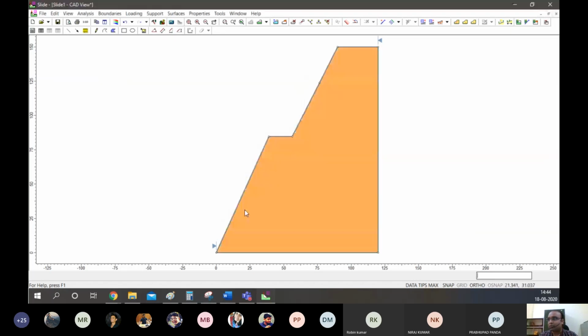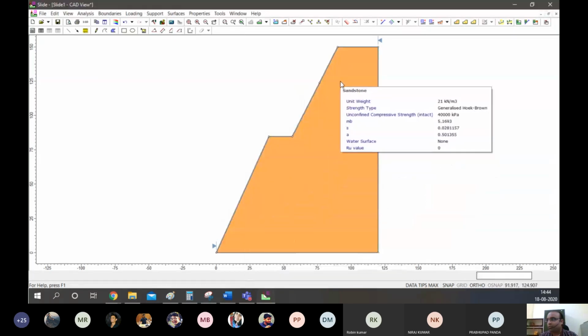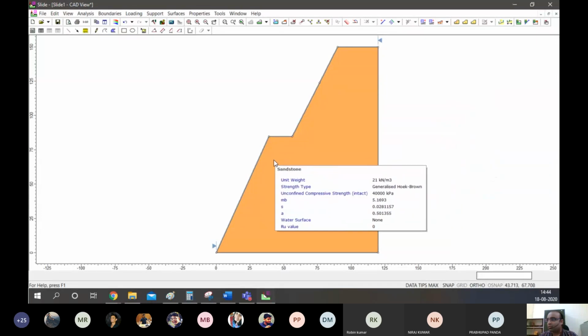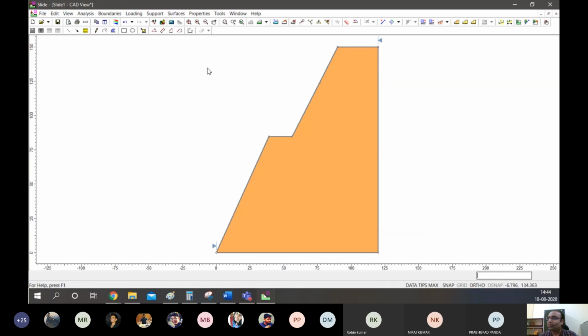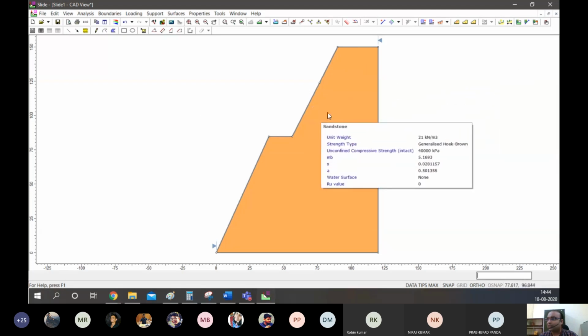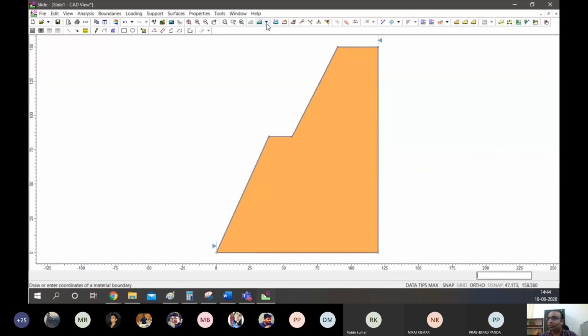Anyways, let's put these values of sandstone here. So now if you roam around on this material, you can see how the strength and everything is obtained from here. Now let us assume that we want to add more material, or it is not just single sandstone, it is layered sandstone with sandstone and shale type of material.